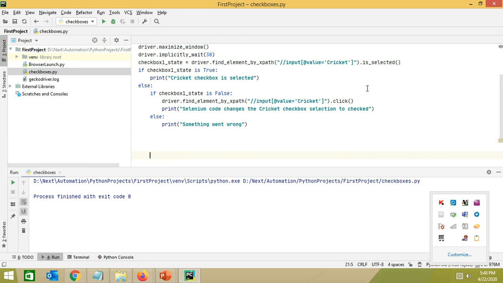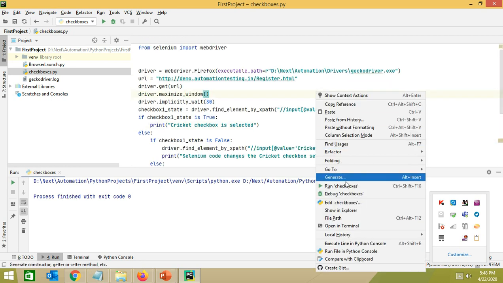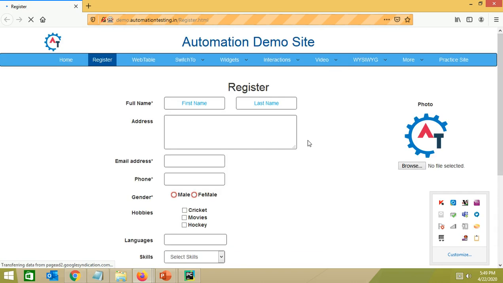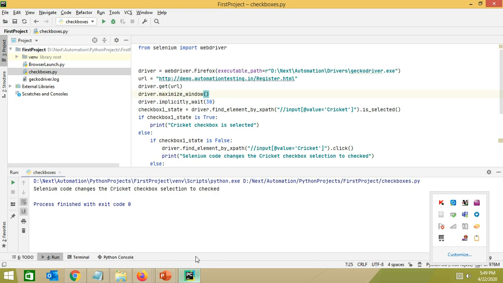So let's save this program and run. It will open our website, then change the selection. That's it. Let me go back to our code.